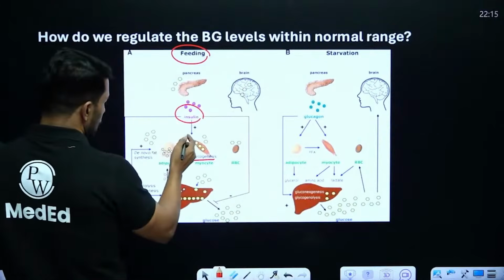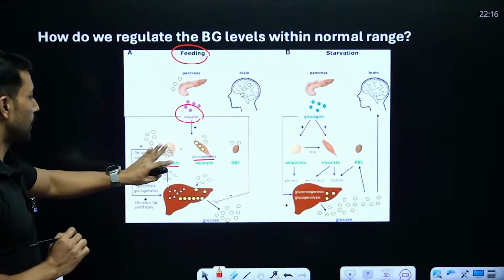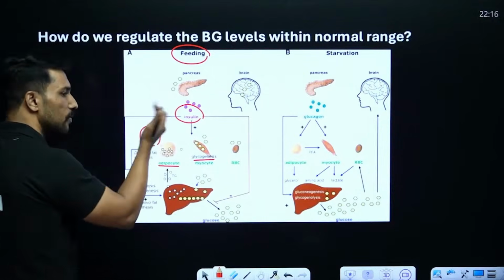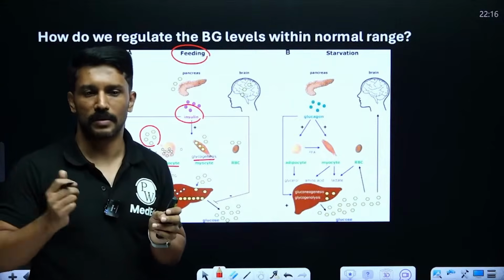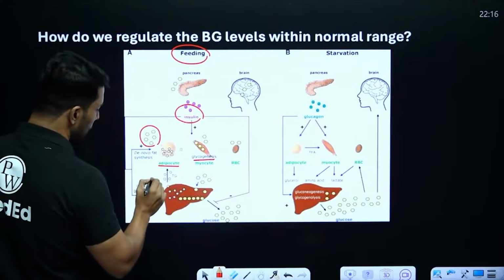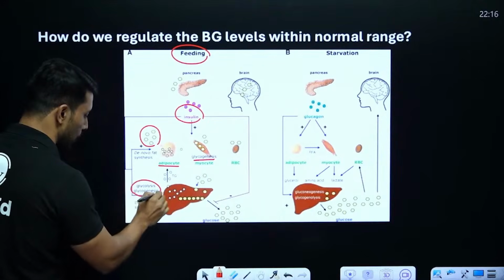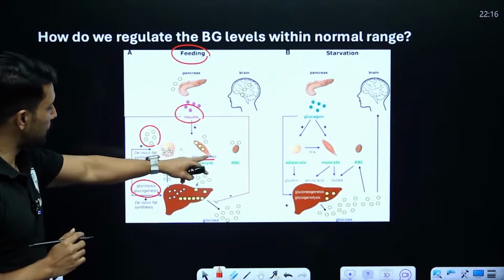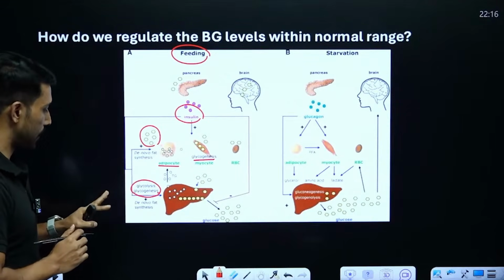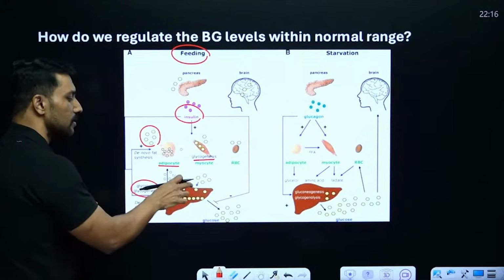Similarly, it will also stimulate the adipocytes, or the fat cells. What will it do to fat cells? At the adipocytes, it stimulates the synthesis of fat from glucose. We call it de novo fat synthesis. Then third, the liver is a very important metabolic organ, and in the liver we will try to store this excess glucose in the form of glycogen. So insulin stimulates glycogenesis in the muscle and liver and adipogenesis in the fat. And as this whole process gets super saturated, we can also stimulate fat synthesis in the liver as well.